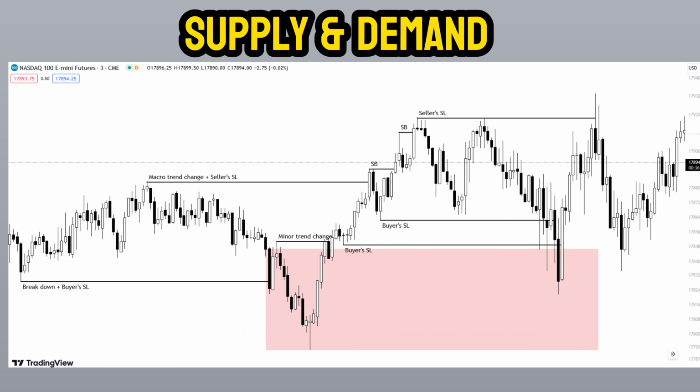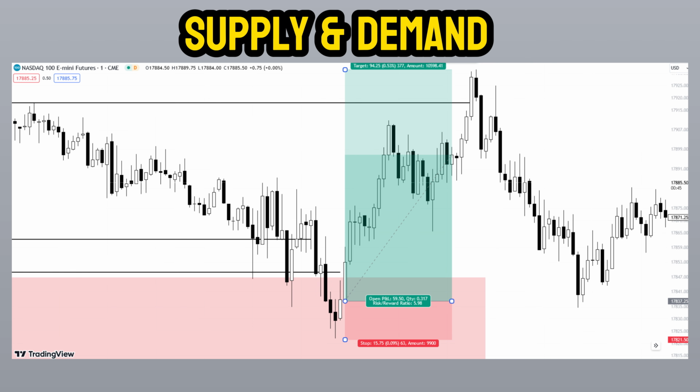If we move to a lower time frame, we can look for the reversal for a potential trade. In this case, right after the reversal candle, this was a great buying opportunity with a stop loss below the lowest point hit in the demand area and the final take profit above the double top pattern, knowing sellers' stop losses could get liquidated. This is an almost 6 risk to reward trade, but in reality it's smaller because we take partial profits. Like a percentage of profits at 1 to 2 risk to reward, then another percentage at 1 to 3,